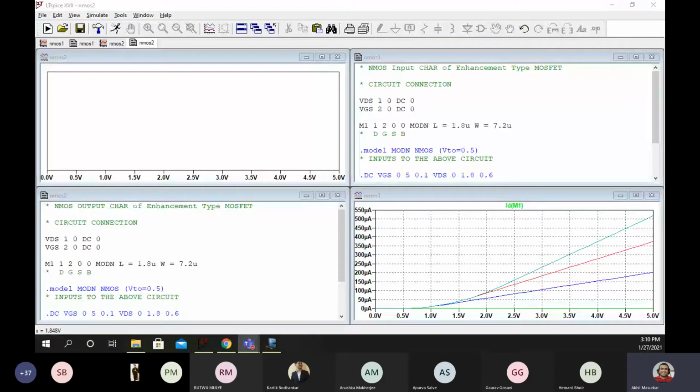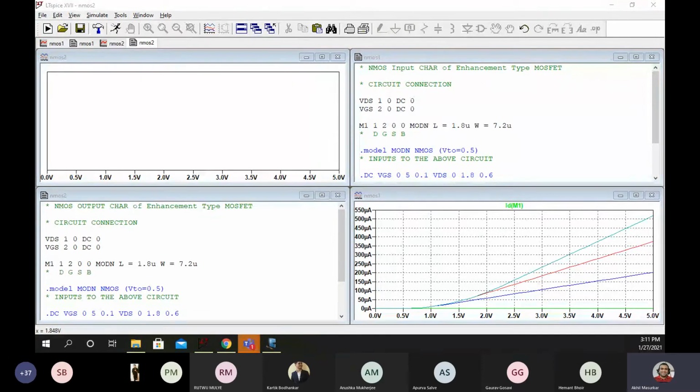Now I want some logical answers from you. Listen to this statement properly: will the circuit connection change when I am plotting the output characteristics instead of input characteristics? Answer in yes or no. No. Okay, the circuit connection will not change.